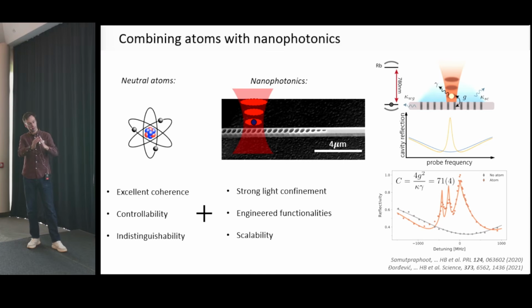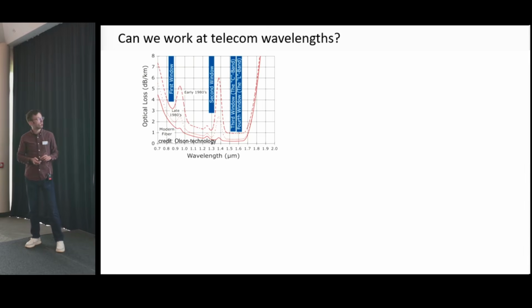From the spectrum and the width of this, you can get the cooperativity, the figure of merit for how strong this coupling is, comparing the coupling strength to the decay rates, and this can be many tens of cooperativity. Now, this is really compelling, but if you wanted to use this in a quantum network, there's maybe one downside. These photons that are emitted are in the infrared. If you're really serious about quantum networks over long distances, there's no way around working at telecom wavelength, where you can get optical fibers that have very low loss. So you don't want to sit over here in the infrared, you want to sit either here or here to get these low loss fibers.